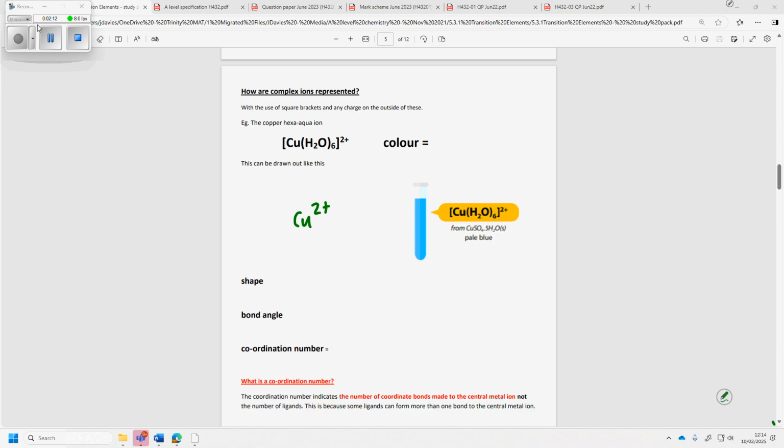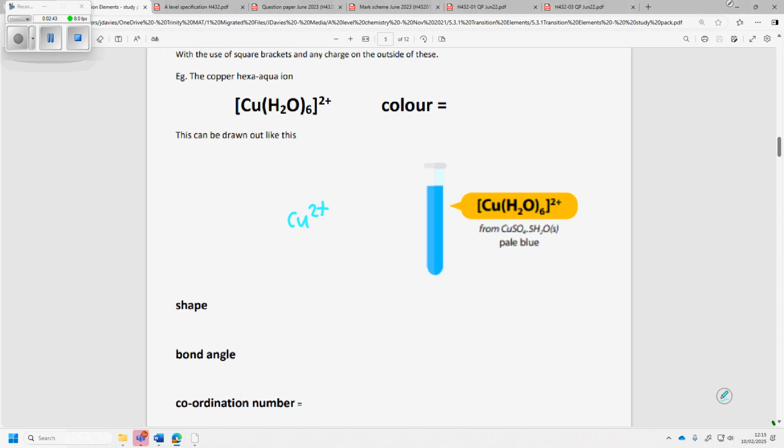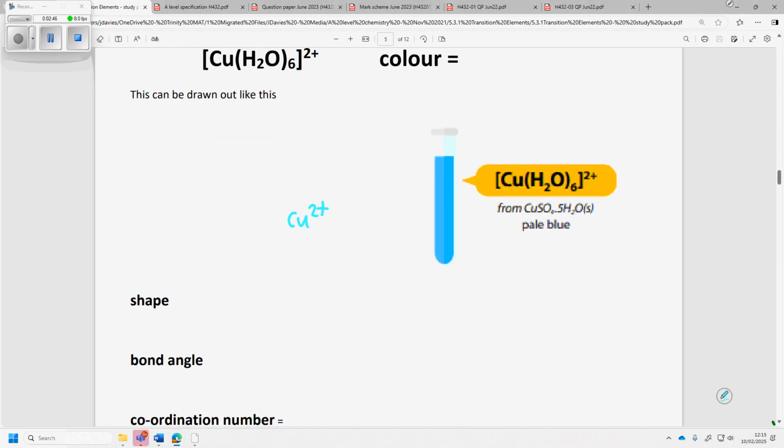Do you know what? I'm going to change the colour of my pen to make it the right colour. You understand? I've got the copper 2+, and the copper 2+ is going to be surrounded by water molecules. Each water molecule is able to form a dative covalent bond, coordinate bond, to this central metal ion. So, when we do this, what we actually find is that our copper is going to be surrounded by six